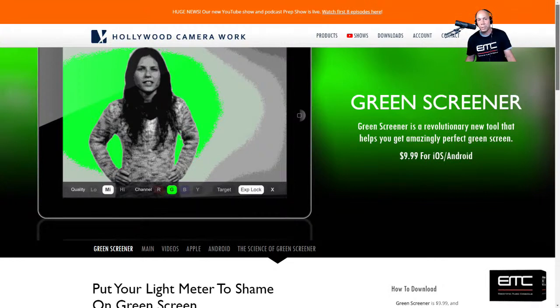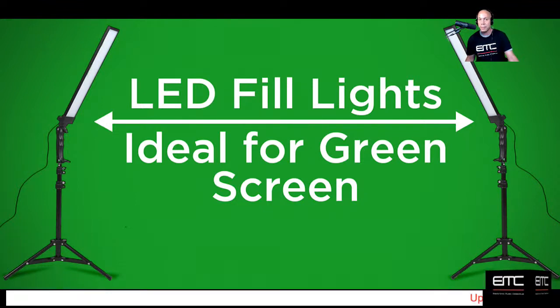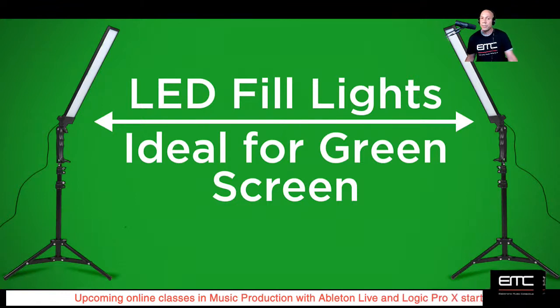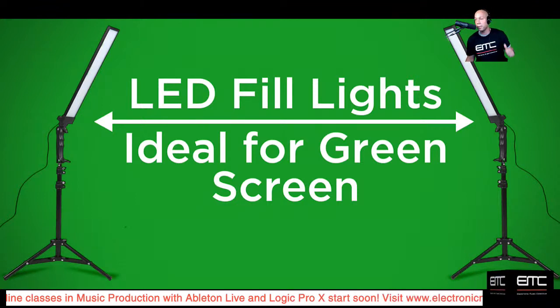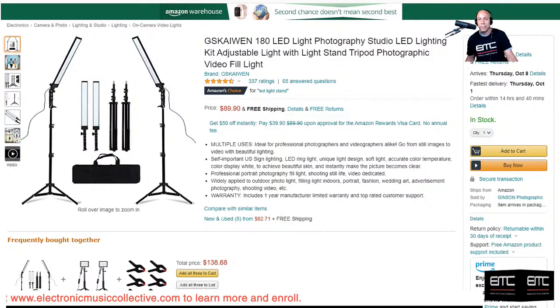To achieve great chroma keying results, you should have lighting for the subject and lighting just for your green screen. I know I mentioned that earlier, but it's super important. An easy option for evenly lighting your green screen is by using some LED fill lights. Now, by no means are these like the bank lights on Hollywood sets, which are like $5,000 each. But this is a much cheaper alternative. I'm actually using these right now as we speak, lit up on each side of my green screen. And man, for the price, you can't beat